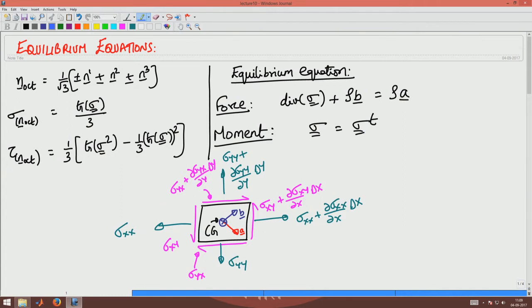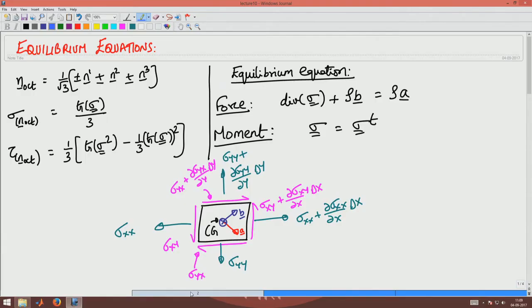What we will do in this lecture is, first we will rederive the force equilibrium equations, and then the moment equilibrium equations. We will just formulate the governing equation, and then I will give the final result as what we obtained in the last lecture. And then we will move on to see what strain is. So, moving on, for understanding what force equilibrium is,